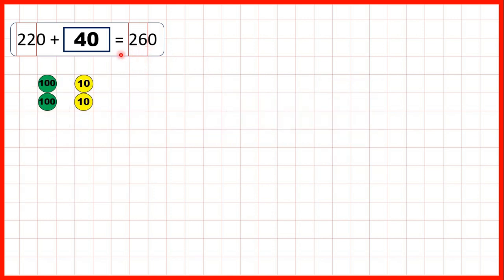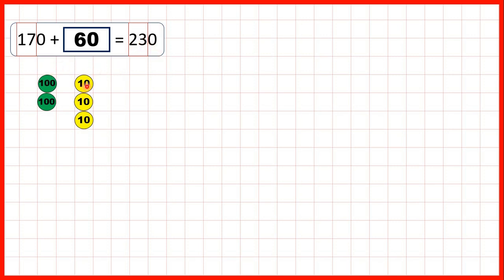We can also show the addition using place value counters. So from 220, if we add 40, or 4 tens, that takes us to 260. From 170, to get to 230, we need to add 6 tens. We can add 1, 2, 3, exchange, and then add 4, 5, 6 tens,